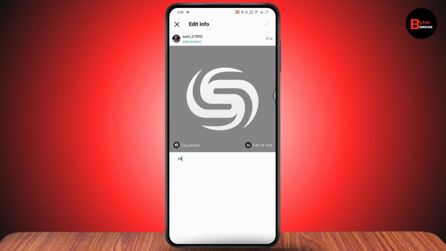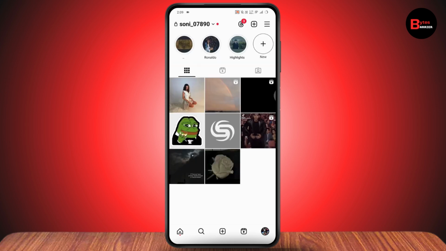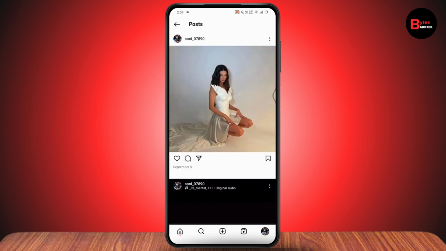But if you don't have that option, then you might need to update your Instagram application because it's a new update. So once you've updated your Instagram, you can simply go back with your Instagram profile again, and also make sure that you have a business account. Like if you've posted while you had a business account, then you will get that option. So make sure that you have a business account, and after that you've posted something, and after posting you can